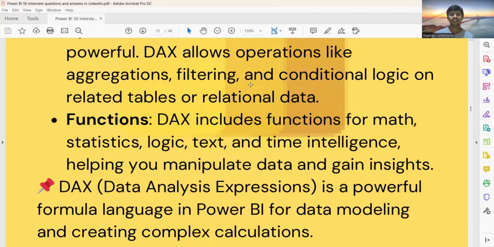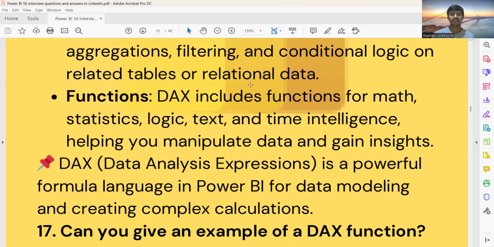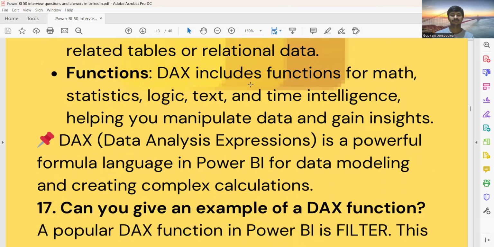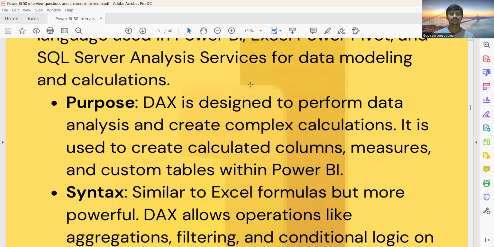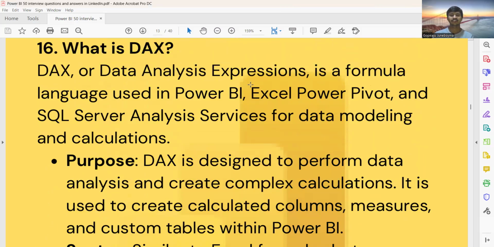DAX, data analysis expression, is a powerful formula language in Power BI for data modeling and creating complex calculations. So DAX is a formula language in Power BI.